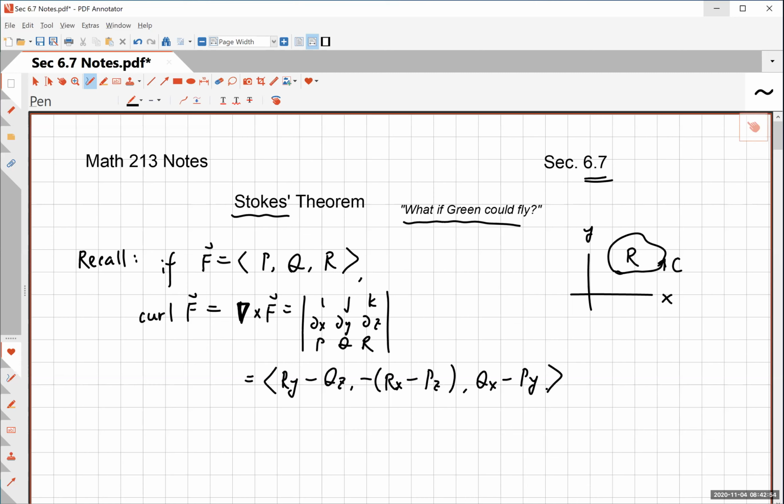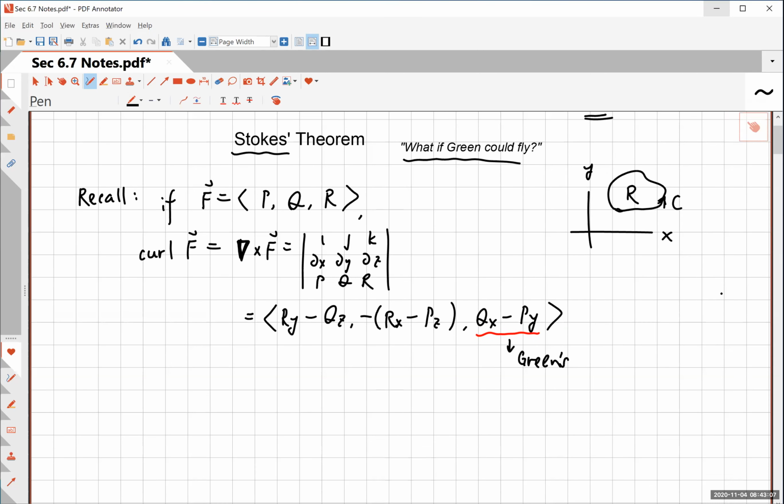And this last one should be familiar to you because this Q_x minus P_y is what we had in Green's theorem, right? So let's go ahead. This was the integrand in Green's theorem. All right, and so we mentioned that if the vector field F has any kind of a circular motion or spin, right, then what happens is this curl is going to be